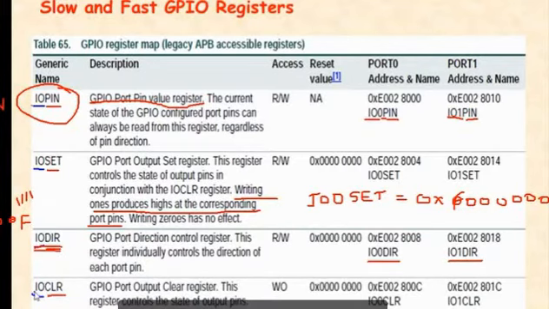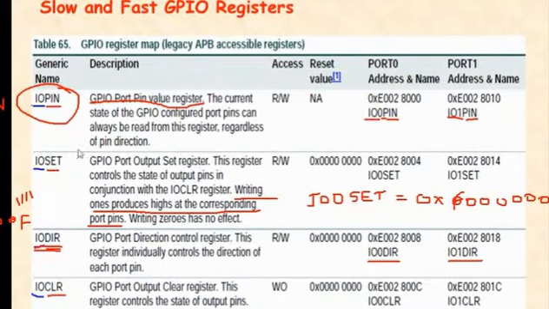Similarly, IOCLR. Now logically you will think that when you send 1 it will be set, and when you send 0 it will be reset. It is not like that in this. If you want to clear, you have to write 1. So writing 1 produces low at the corresponding port pin and clears the corresponding bit in the IOSET register.